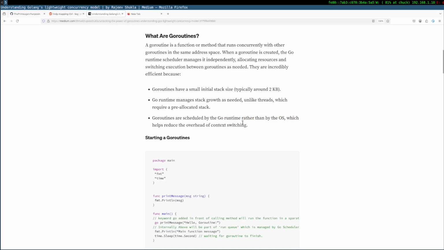Okay, this is something I don't know. I feel iffy about this thing, which helps to reduce the overhead of context switching. So Go decides it, not the OS. I mean, it might outperform on Windows at least.